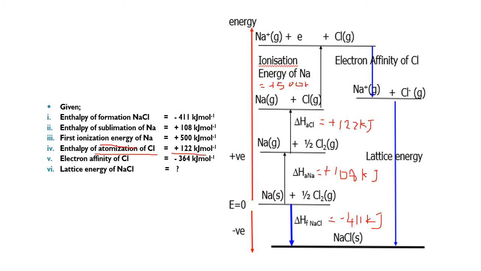Okay, and then the next is electron affinity of chlorine downward. So this one is equal to negative 364 kilojoule. Okay, and then the last one we need to find is the lattice energy. So if you notice, you just sum up all the values over here, you get the lattice enthalpy